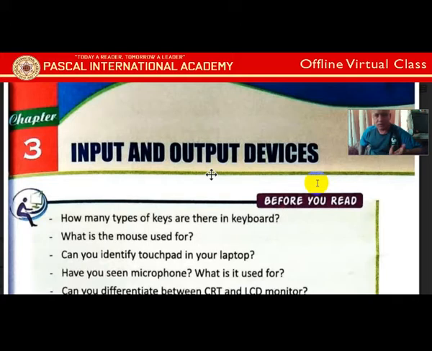And in chapter 2 we discussed hardware and software, what hardware is, what types of hardware we use, and what software does. And we learned hardware is nothing without software, and software is also nothing without hardware. They need to work together to make a complete personal computer. In this chapter also we are going to elaborate the hardware part. We are talking about input and output devices.